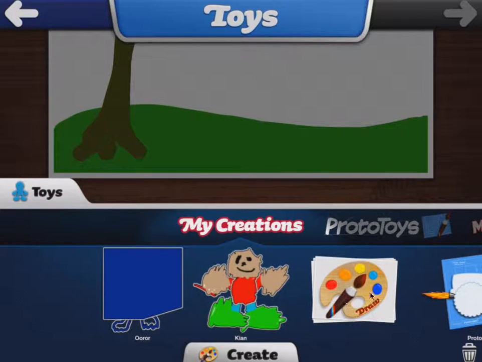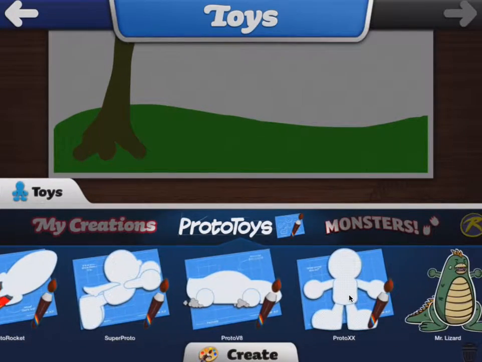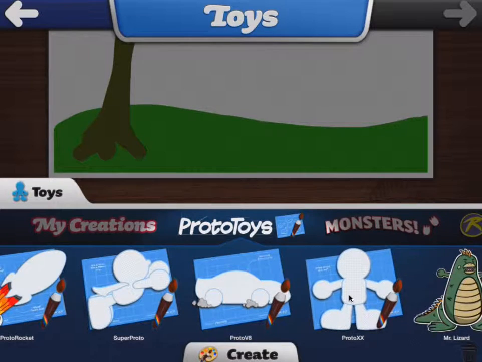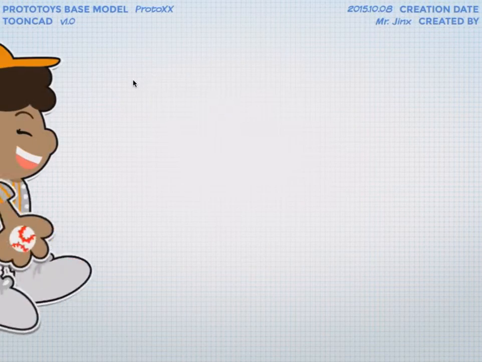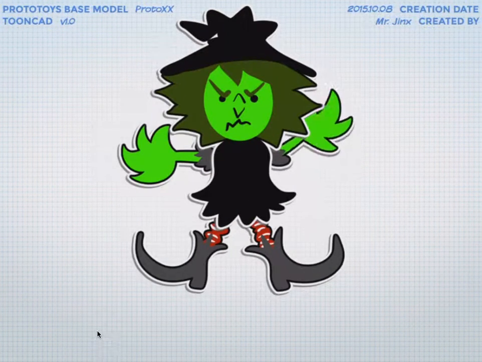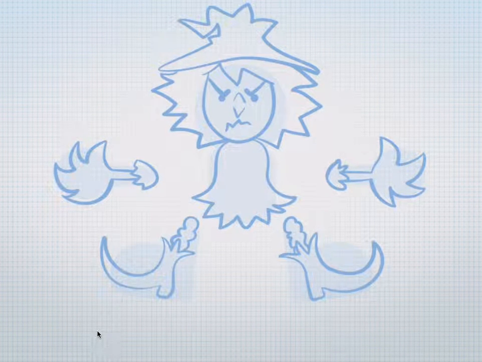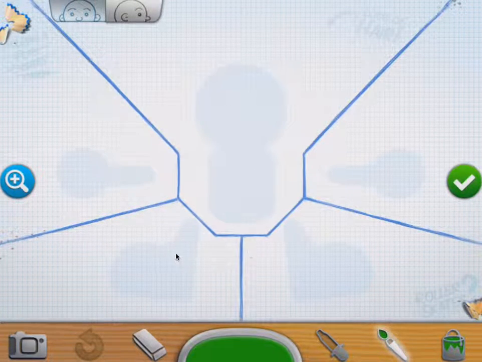Right here in the Draw, you can freeform in Create that way, or you can use one of their templates. And I'm just going to pick the boy shape. You can tell you're creating a character because it has that blue grid, that box shape in the background. It's going to break apart a character and take it right down to the basics: head, body, arms, and legs. So thinking about head, body, arms, and legs,